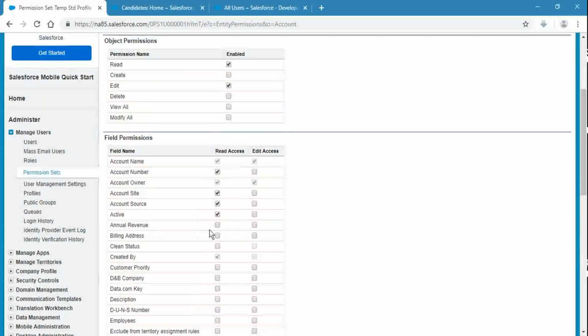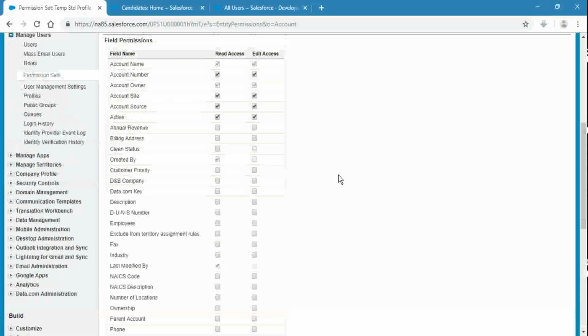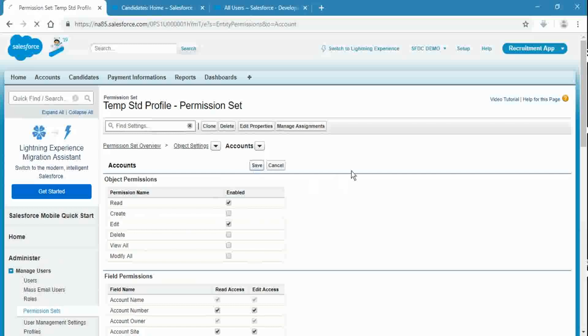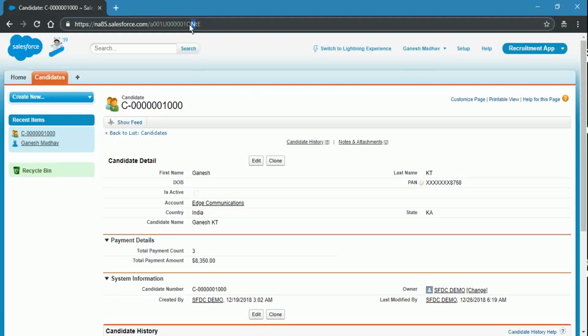This column is read access, this column is edit access. If I set up only read access, the user will be able to see the information, but he will be unable to modify the information. Okay, so let's just save this. Once I save, if I come and refresh this page,